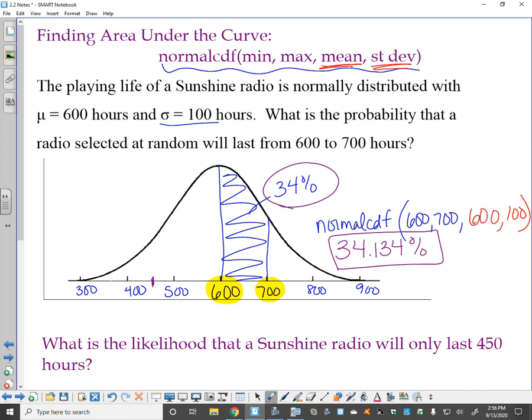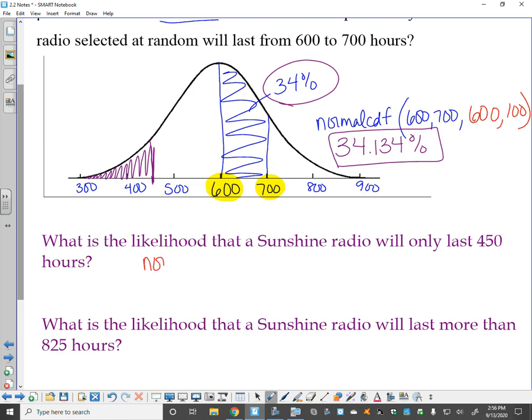Okay, so if I want it to only last 450 hours, that means it is lasting all of these hours. Now, please make sure you understand, I'm not starting at 300. 300 is 3 standard deviations below the mean. That is not where my data stops. Technically, this can go to the left forever. So, when I type this in,